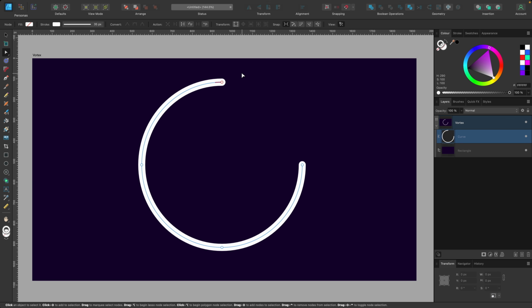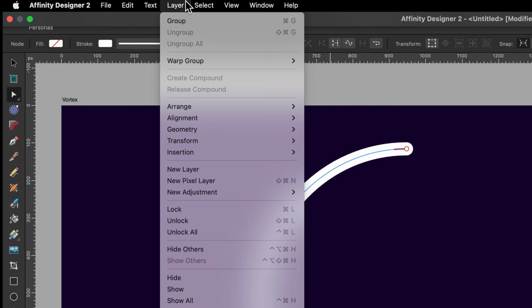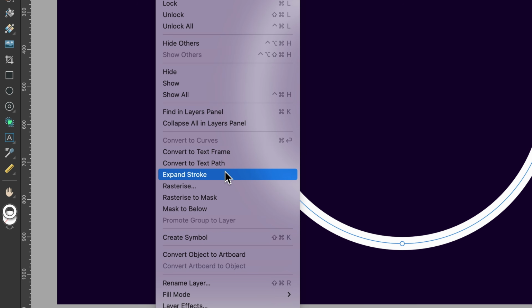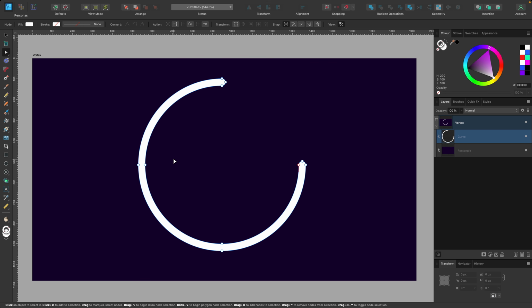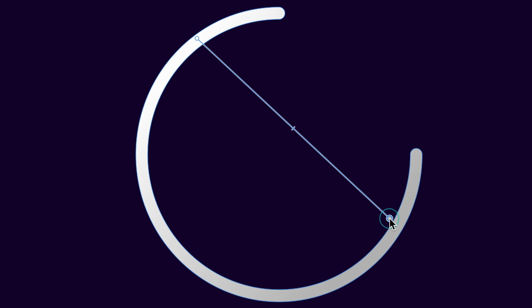In between two of the nodes, I want you to hover over the line, hold down Control on the keyboard, and just click once, and that will delete that section of it. Now what I want you to do is head on up to Layer and Expand Stroke. Click on that, and now we're going to fill this with color. So I'm going to head on over to our gradient tool on the left-hand side. The shortcut is G on the keyboard. Click on that, and I'll click and drag out two color nodes there.